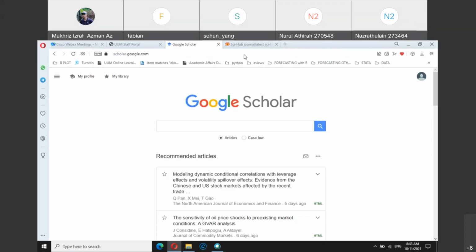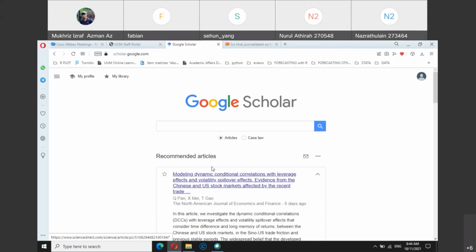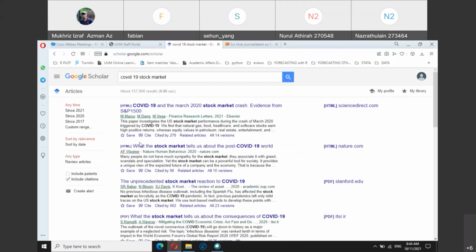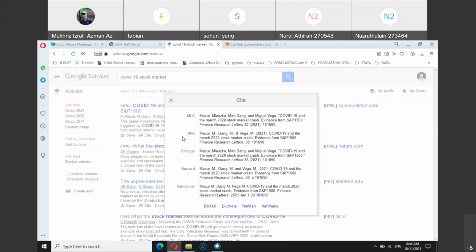And then I also showed you how to use Google Scholar, and how to actually extract the information using this option here, where you can simply copy and paste the APA format directly into your references.